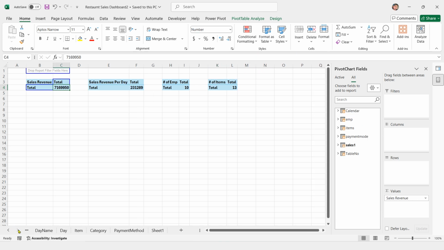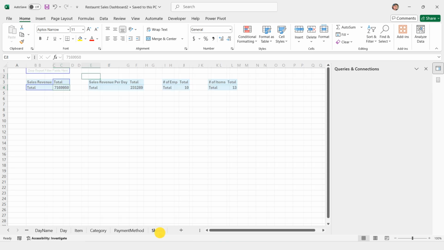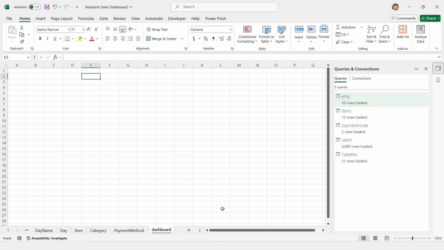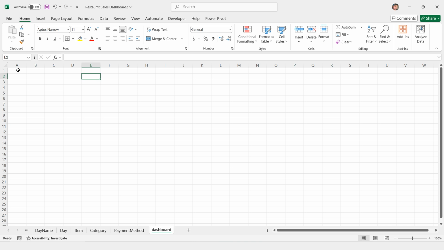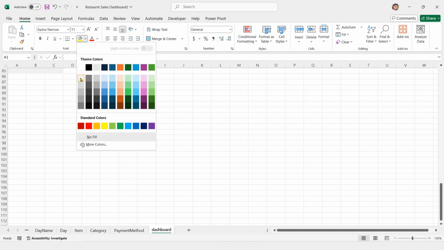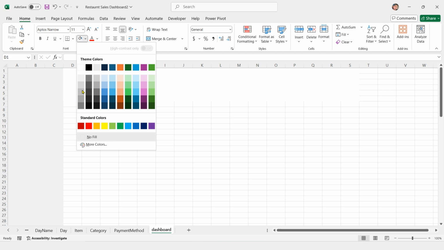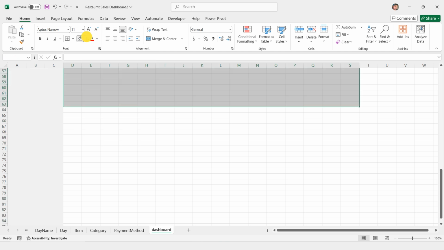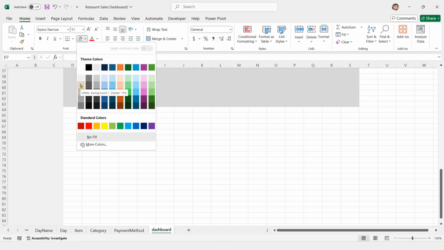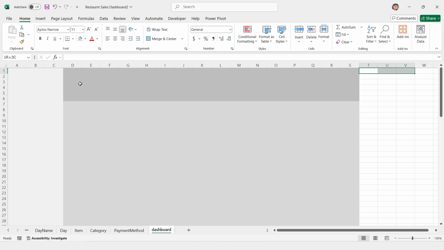Designing the dashboard. Now let's bring everything together beautifully. Rename the sheet to dashboard. Set background colors. First 3 columns, 5% darker. D to S columns, rows 1 to 6, 25% darker. Below, rows 15% darker. T to X columns,